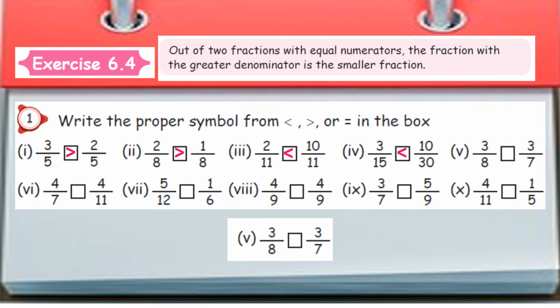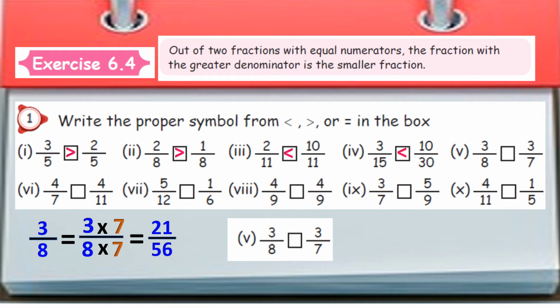Yes, we have already learnt about this, isn't it? Just multiply these two numbers. If I multiply 8 and 7, I get 56, right? So 56 is the common multiple. Look at this. First I have selected 3 by 8 and here I am going to multiply by 7. So 3 by 8 into 7 by 7, that's equal to 21 by 56.